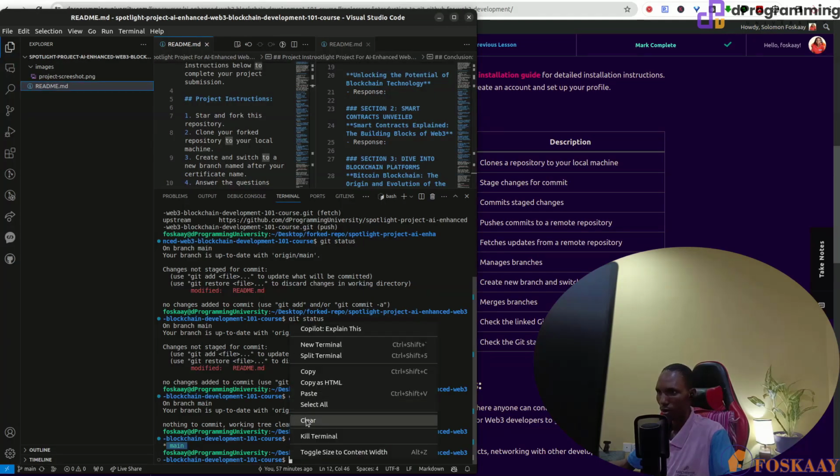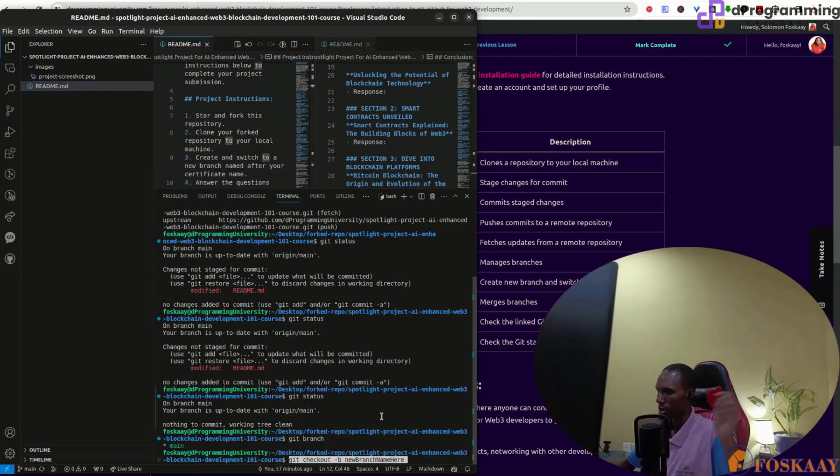Back here. Then remember, I need a new branch name. Check out -b means create a new branch, and the name should now be, like the project says, your name. Whatever you want to contribute, give a name that relates to it, very short and not too long. So in this case, based on following the project, I will name this Solomon